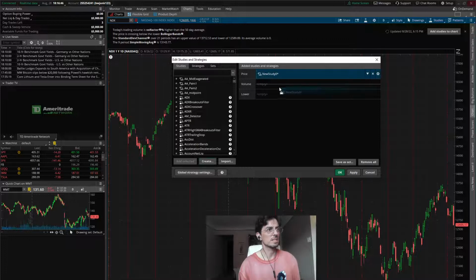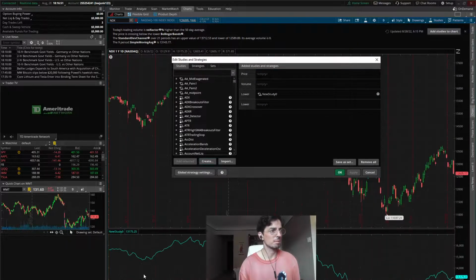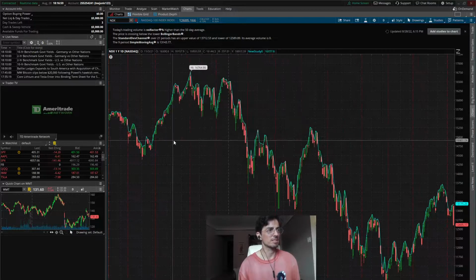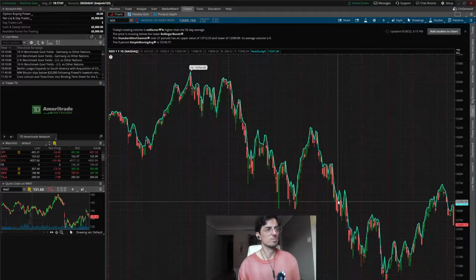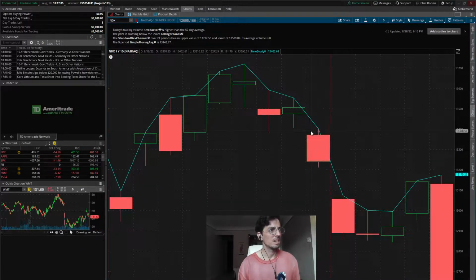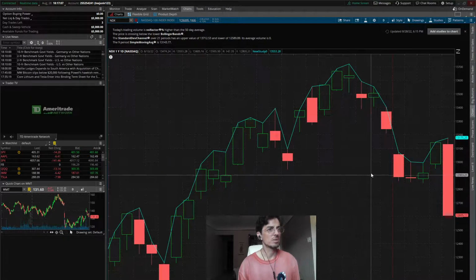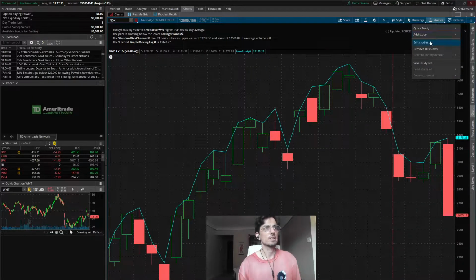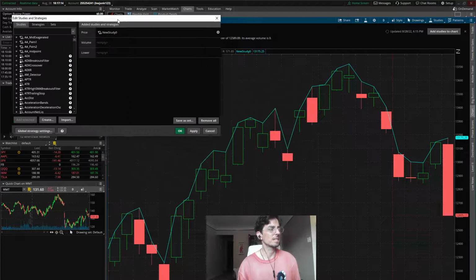I'm going to move it into the lower. What that's going to do, when I hit apply, you see I'll put it down here in the blue. So I could have it up here with the price, and it maps out identical because it's like the closing price. So that's what it is. If you zoom in, you see it's the high. So it's the top of each of these bars.